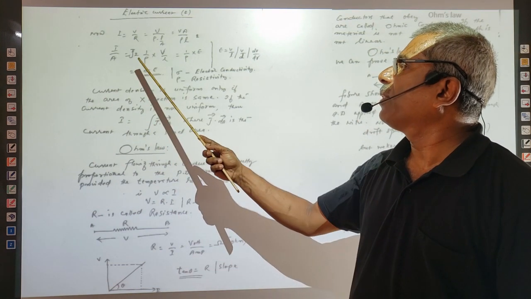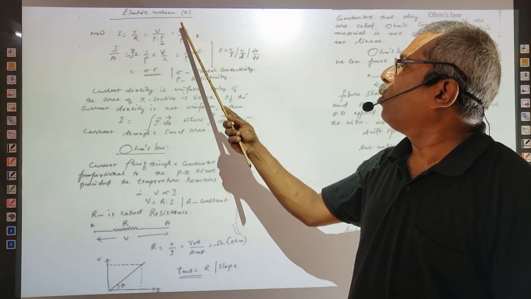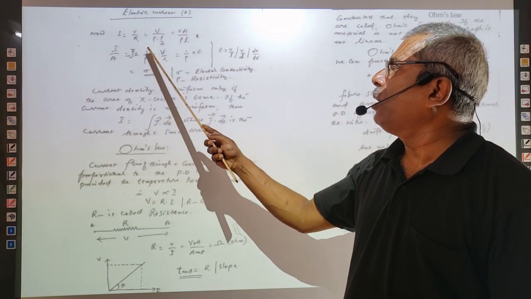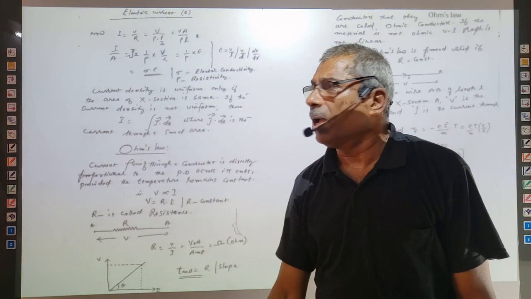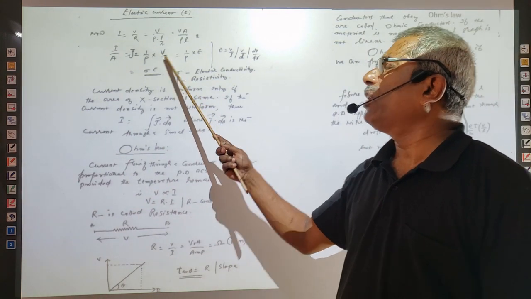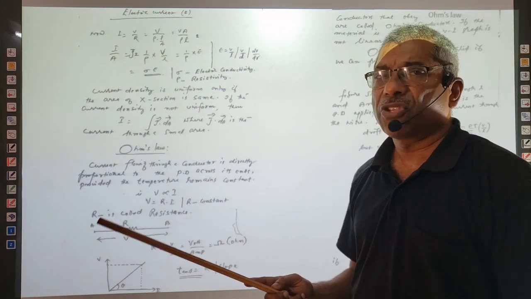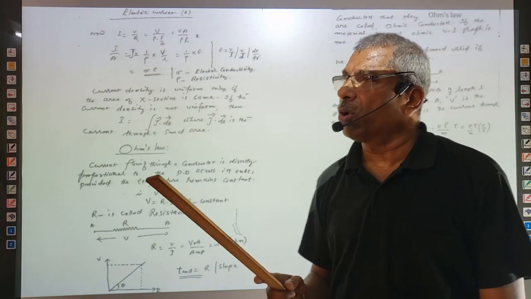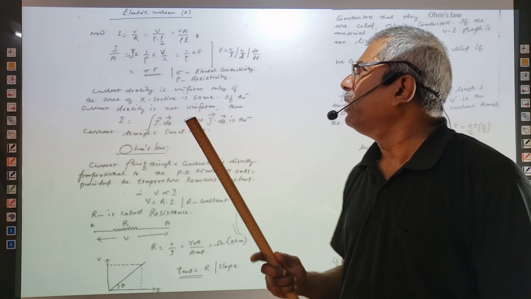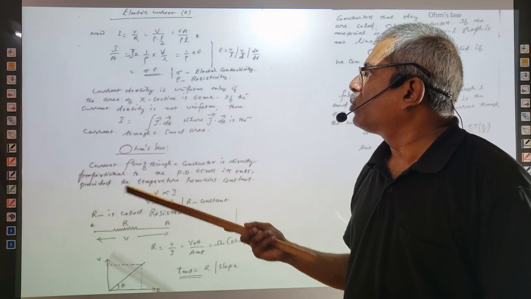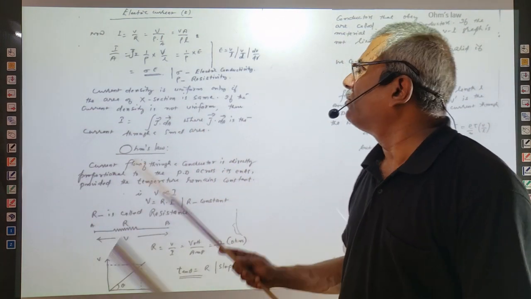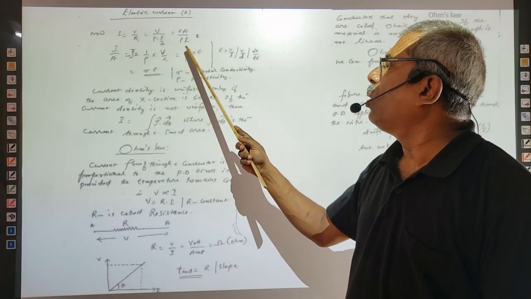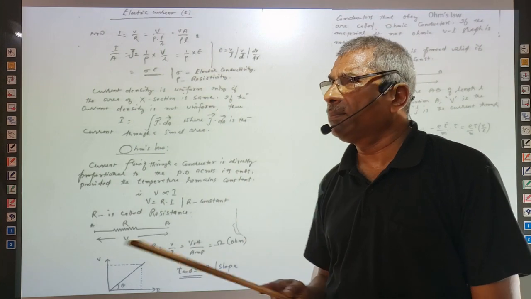J is equal to 1 by rho into V by L. Am I correct? But we also know that V by L is equal to capital E, the intensity of electric field. So when a potential difference is applied across a conductor, an electric field is generated and the electrons move in a direction opposite to the electric field. Everybody knows that. So we get the relation J is equal to 1 by rho into E, where